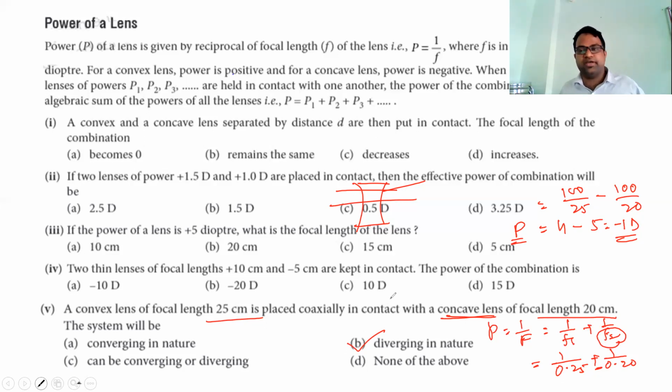So when this type of paragraph based questions come, you have to analyze and accordingly choose the correct options. Okay, so in the next videos also I'll solve assertion reason questions, and from different chapters I'll solve questions based on paragraphs. That is case based, competency based, value based. This type of questions will be there. So let's stop here. Thank you.